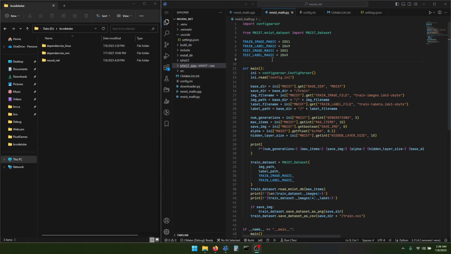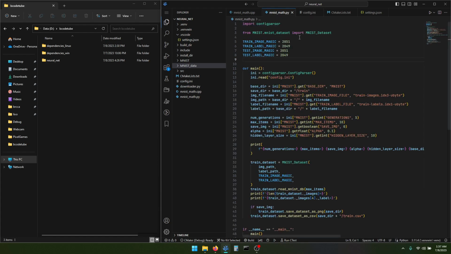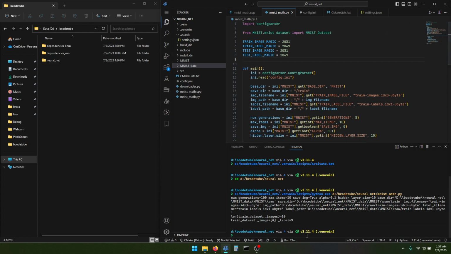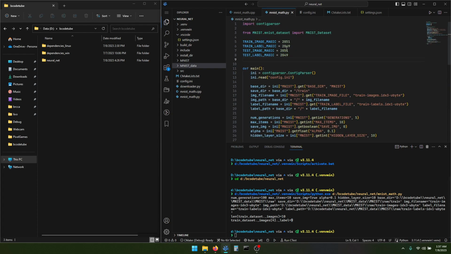I'm here on my Windows, and I'm gonna show you some changes that we need to do. First, in the config ini, the base dir needs to be a Windows path, like the drive. So then, after changing the config ini, the Python script already works. Here the same thing, 10, because we have 10 items, and the label for index 4 is 9. For C++,